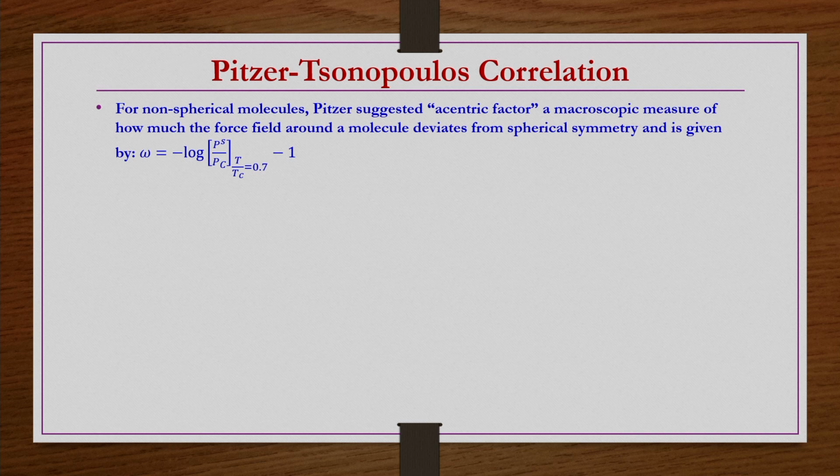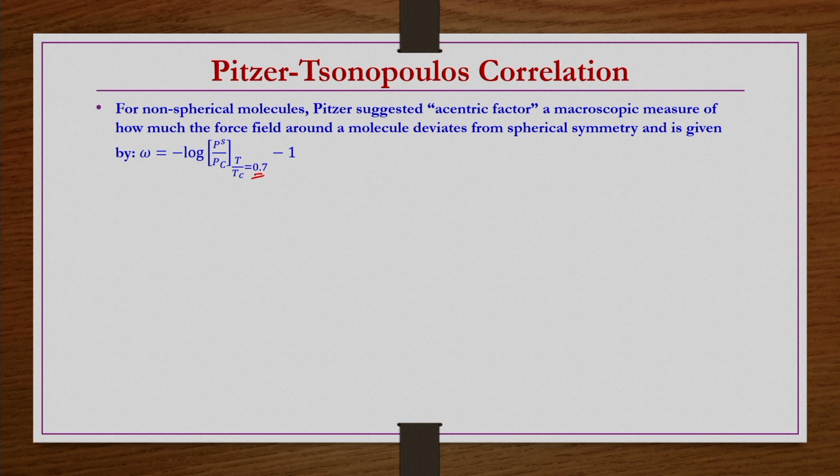It is defined based on experimental results: for simple small molecules, when the reduced temperature T by Tc is 0.7, then Ps by Pc, the saturation pressure by critical pressure, has to be 1 by 10, or 0.1, right. That is true for simple spherical molecules, but if the molecule is not spherical, then obviously